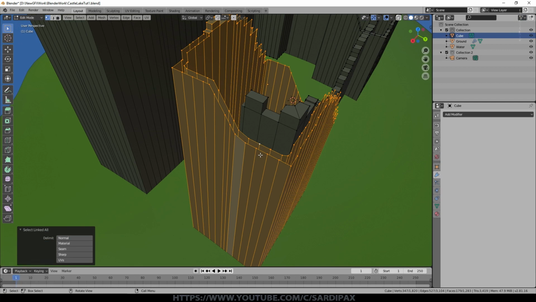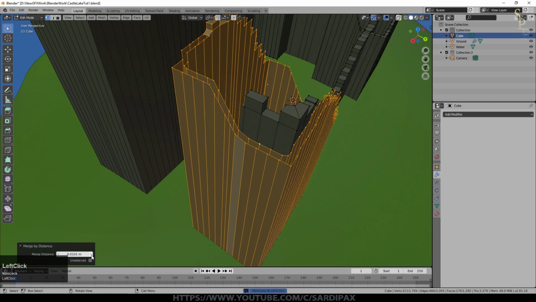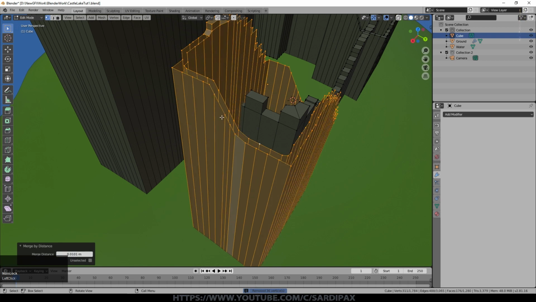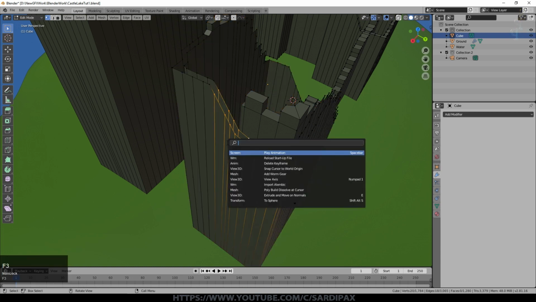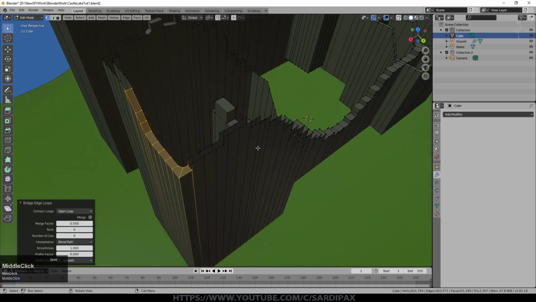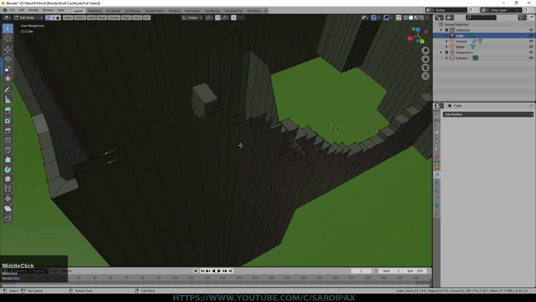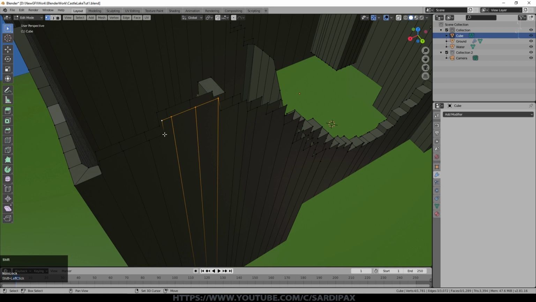So if I select all of those now, I can also go up to Vertex Select, Merge Vertices by Distance, and then if I slowly increase that a little bit, that's a bit too much, somewhere around there, that's probably removed quite a few of the dodgy vertices. I can then press F3 and say Bridge, and just say Bridge Edge Loops, and you can see that's filled that in. And then we just need to tidy up the rest of it. This is one of the downsides of using the Boolean modifier, in that it does leave a bit of a mess of the geometry, depending on how much care you take to begin with.